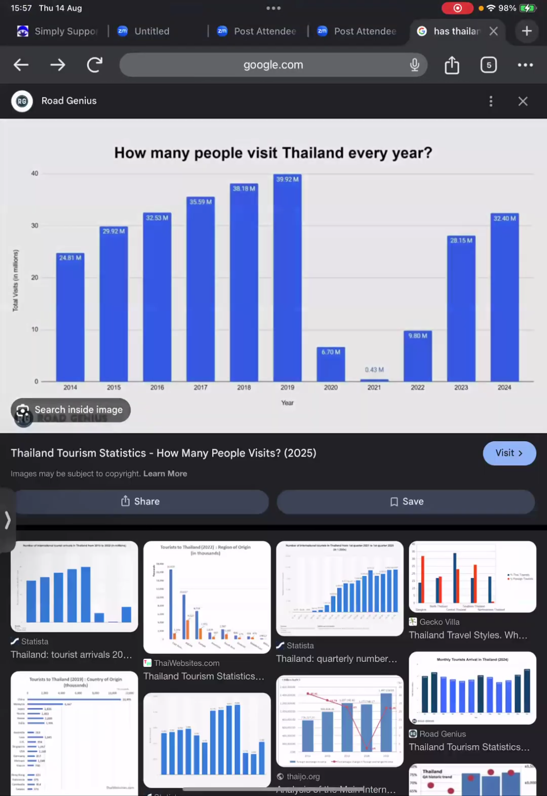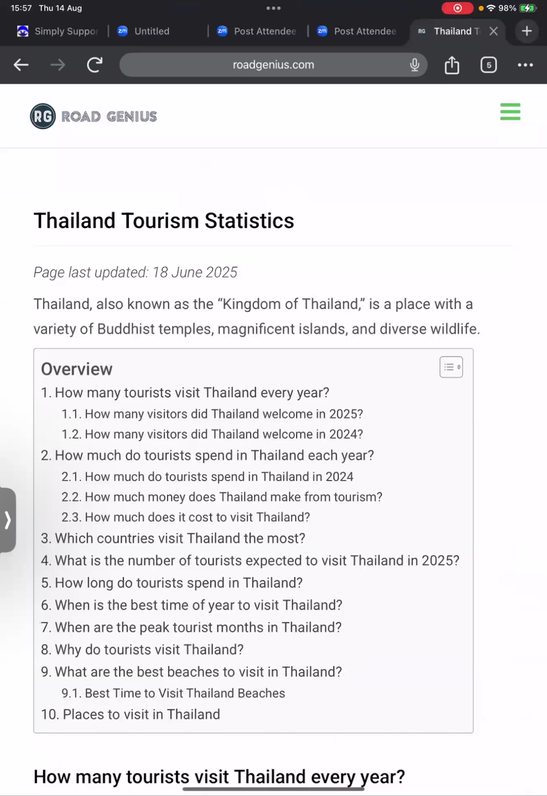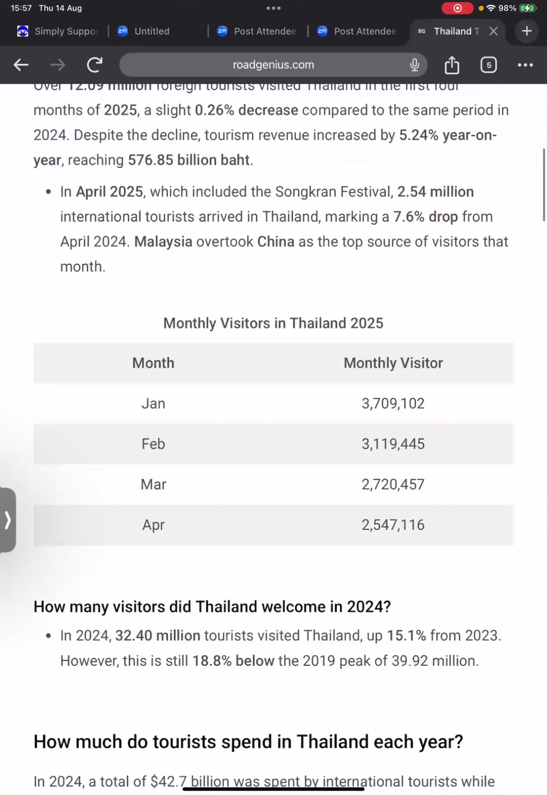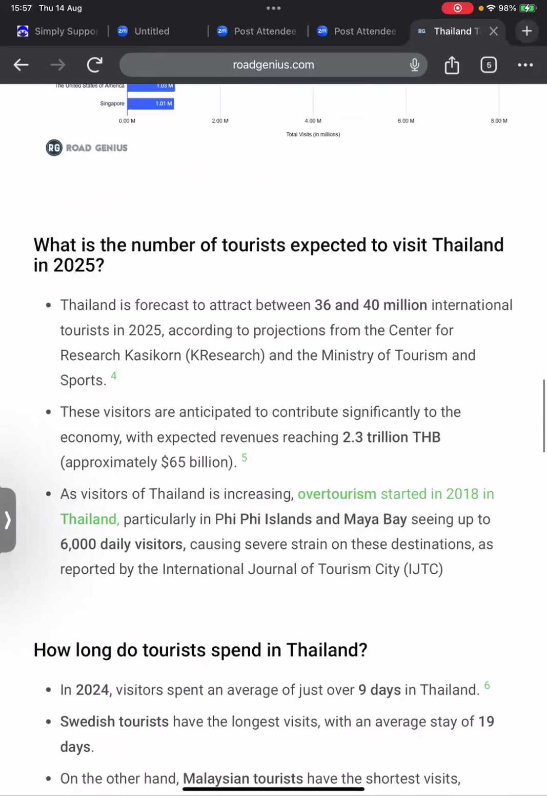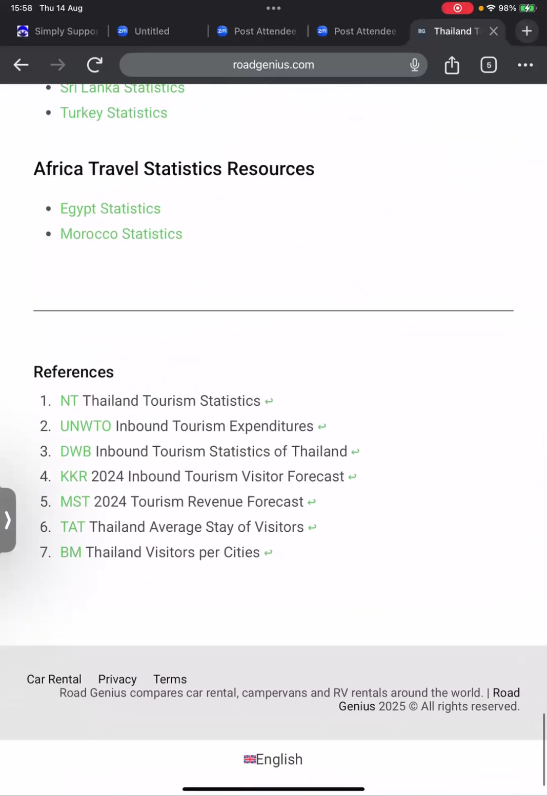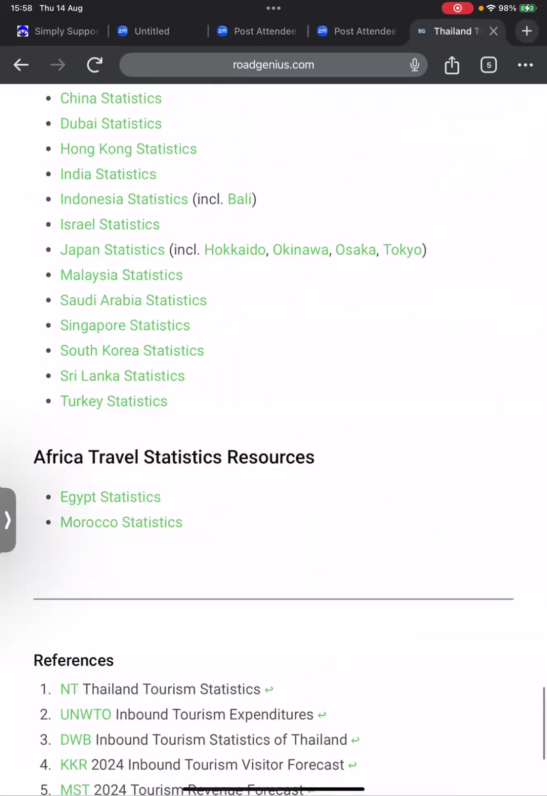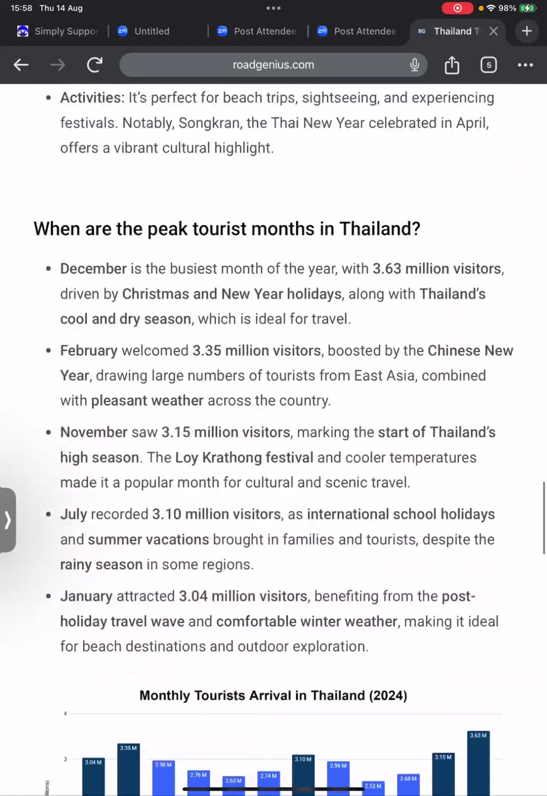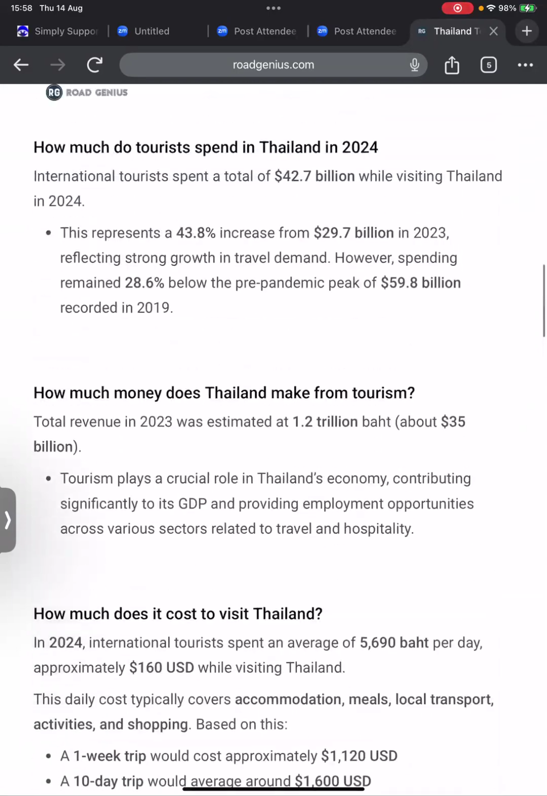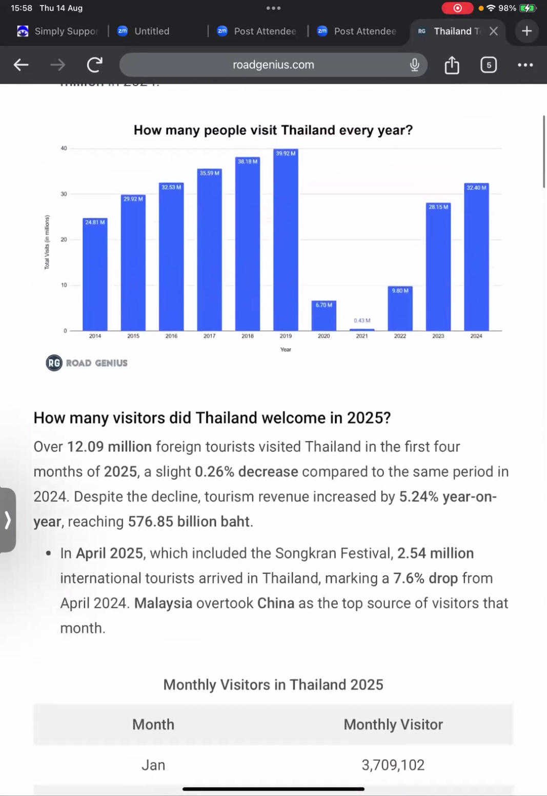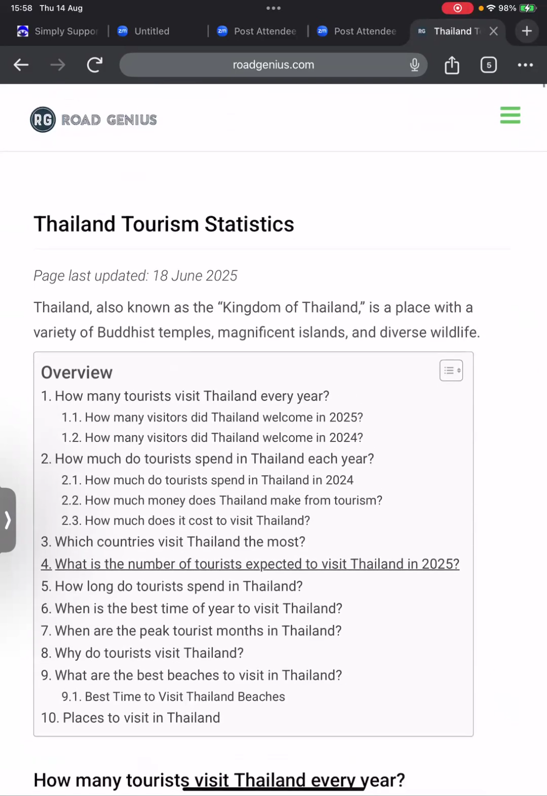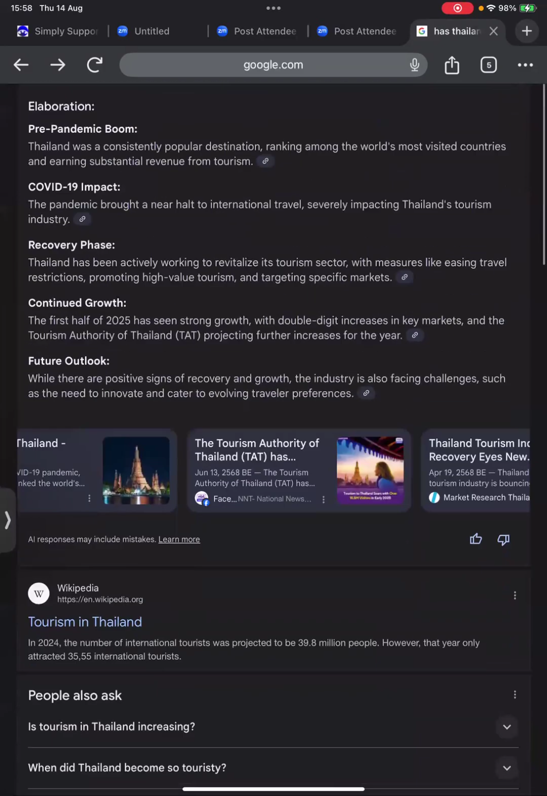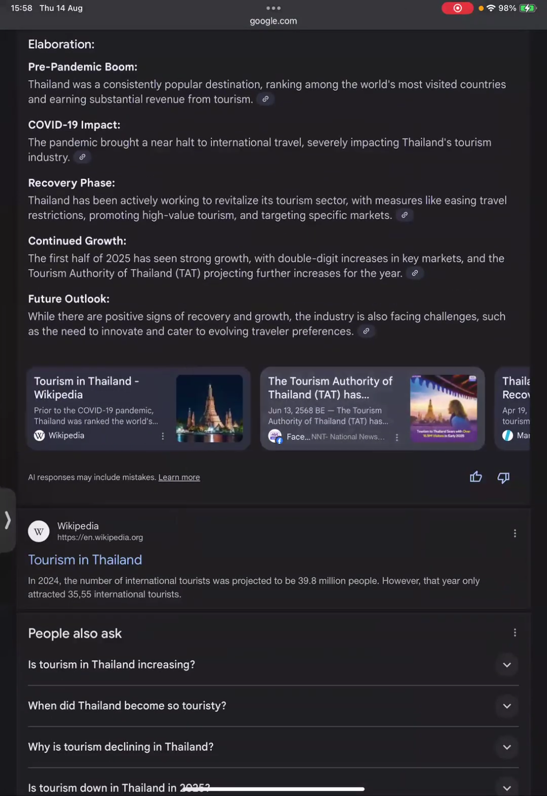We don't know what Road Genius is, but does it have some sort of author for this? Who wrote this? Do we have a name? We don't have a name, so we don't know whether this is reliable because we don't know who wrote this, unfortunately. So this is probably not so reliable. Let's try